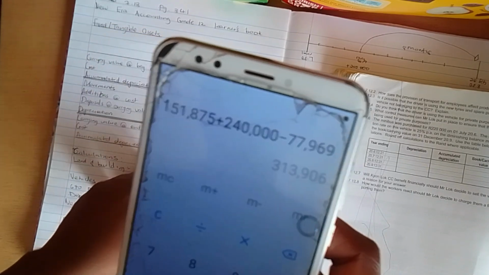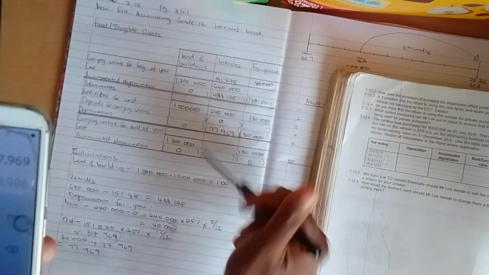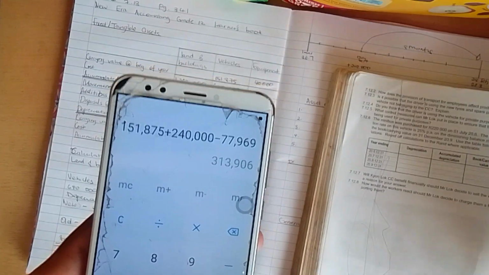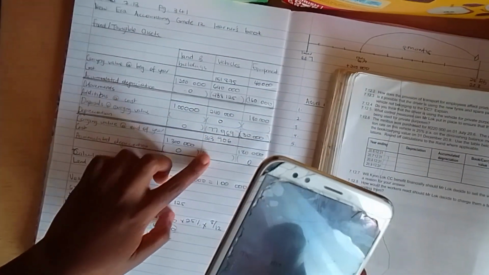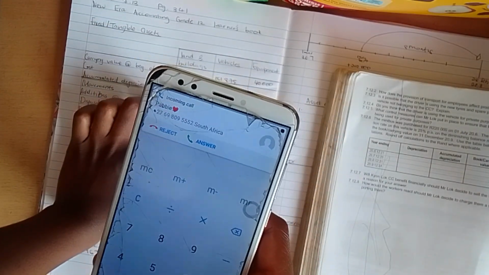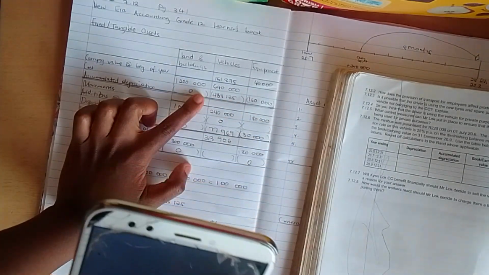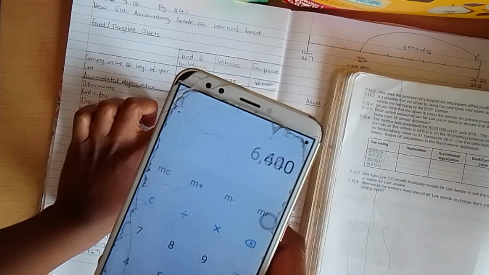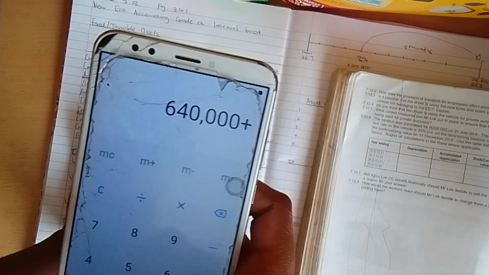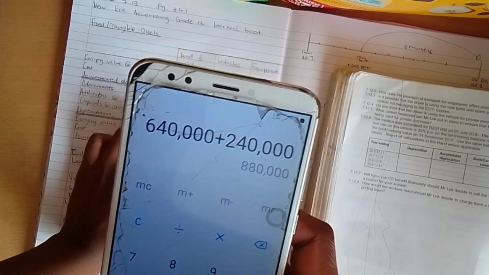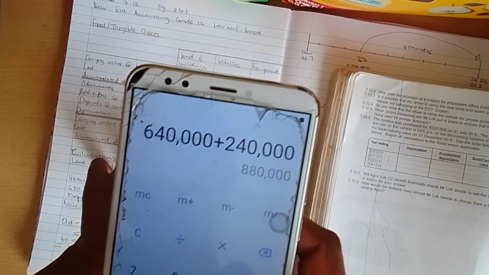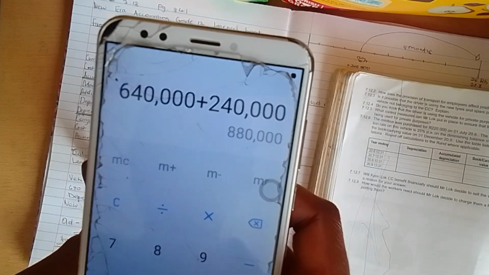969. And then there we go. We're getting 313,906, the carrying value at the end of the year. So to get the cost at the end of the year, you say cost at the beginning, which is 640,000, plus additions at cost, and that is it. And then minus, if there were disposals, you would say minus disposals at carrying